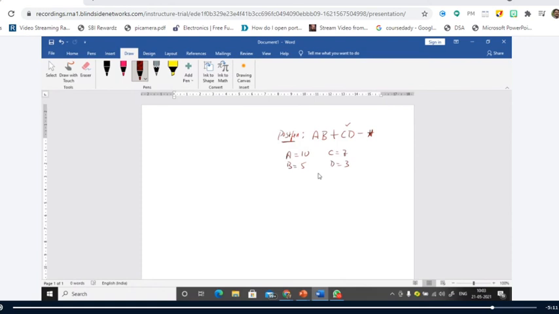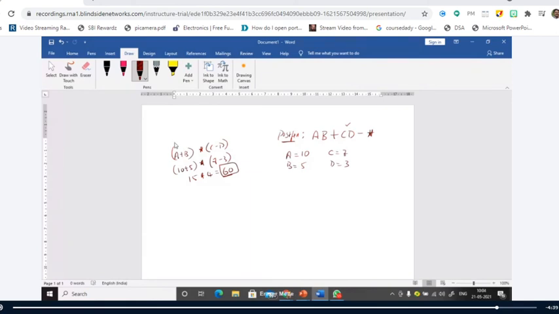Right? Are you able to listen to my voice? Okay. Now we will solve this. What is the result of A plus B star C minus D? It is 10 plus 5 star 7 minus 3, which is 15 star 4, equal to 60. Right, we'll see whether we get the answer as 60 or not using this postfix evaluation using stack.